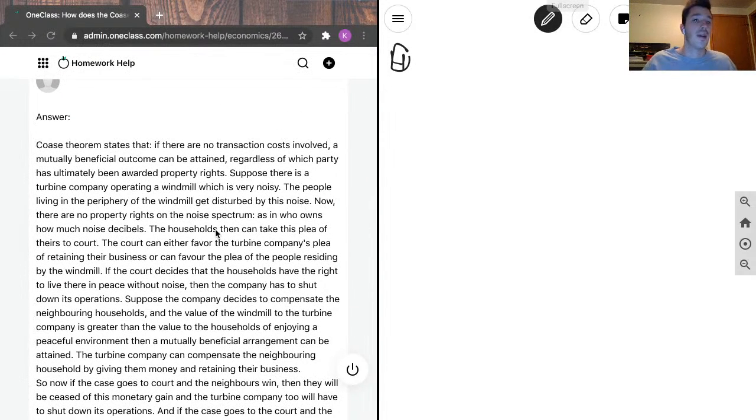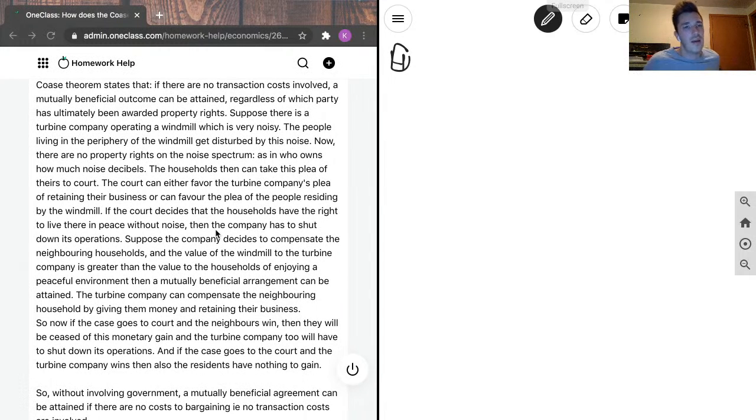Our junior tutor says it right here. Coase theorem states that if there are no transaction costs involved, a mutually beneficial outcome can be attained, regardless of which party has ultimately been awarded property rights. So suppose there is a turbine company operating a windmill, which is very noisy. The people living in the periphery of the windmill get disturbed by this noise. Now, there are no property rights in the noise spectrum, as in who owned how much noise